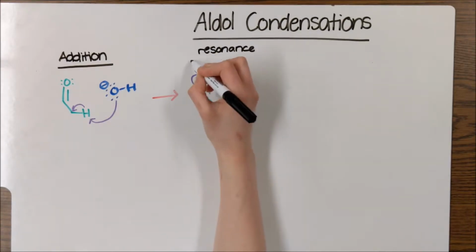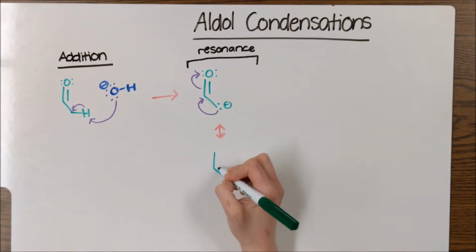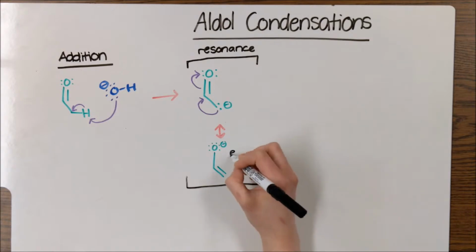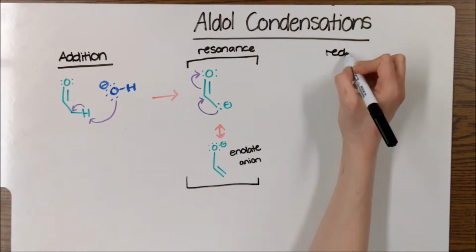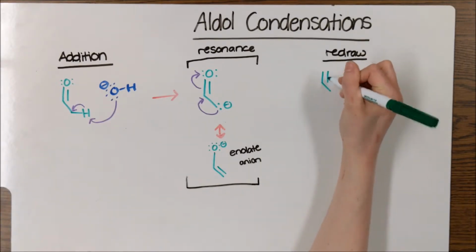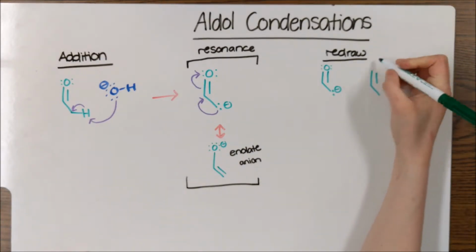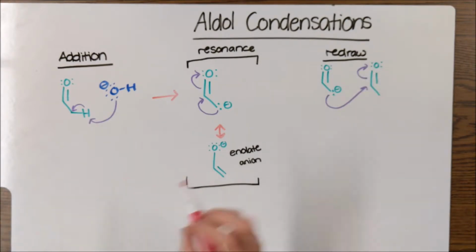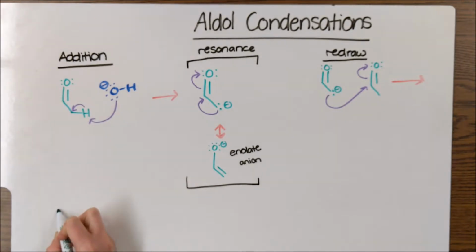So the extra electrons on the carbon will form a C=C double bond, and then the carbonyl electrons will be kicked off up to the oxygen, forming a negative up there. That's your enolate anion. But we're going to look at how the negatively charged carbon is the attacking species. So there we have that carbonyl, negatively charged carbon is going to attack a carbonyl carbon, a partial positive on another acetaldehyde group, kicking off those electrons to the oxygen above it, and it's going to form almost our product,